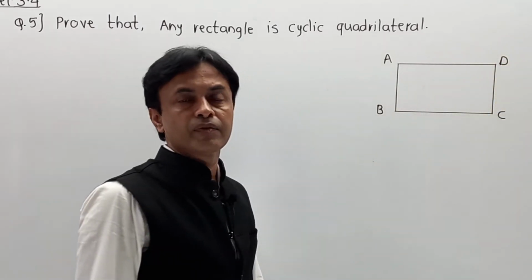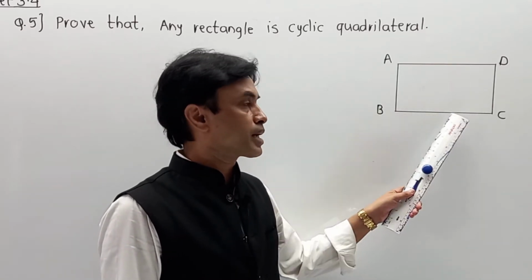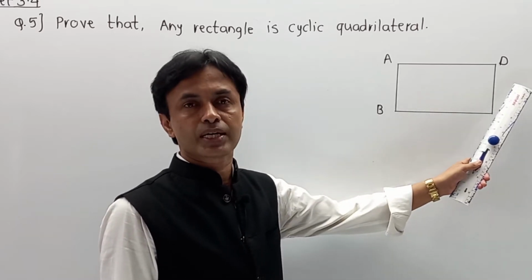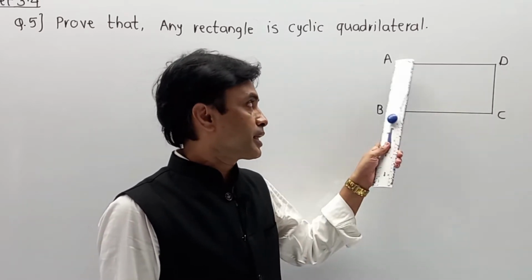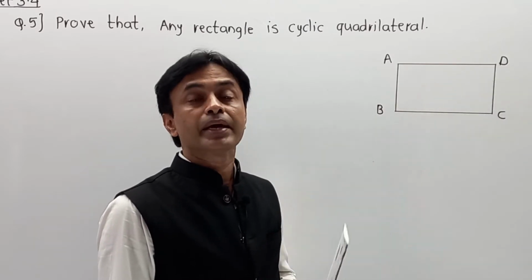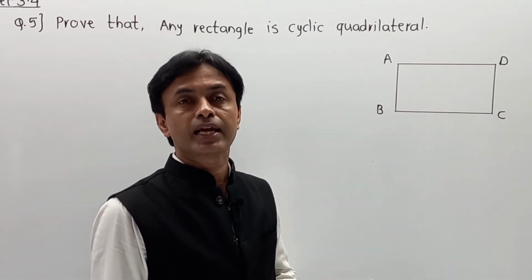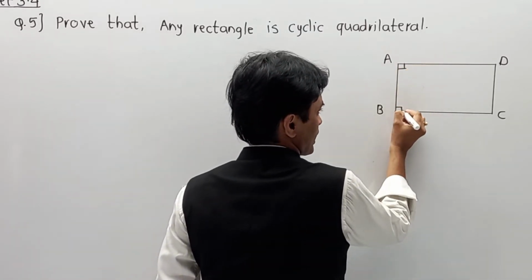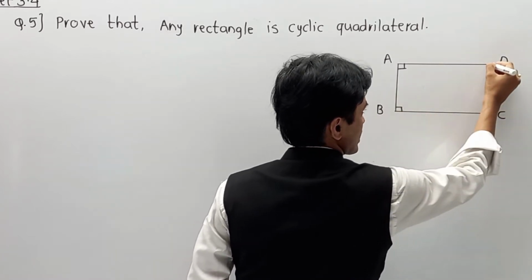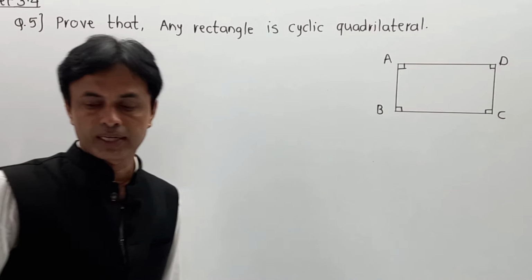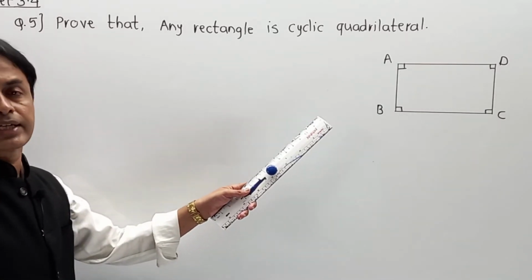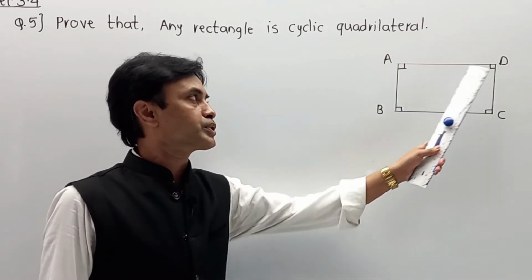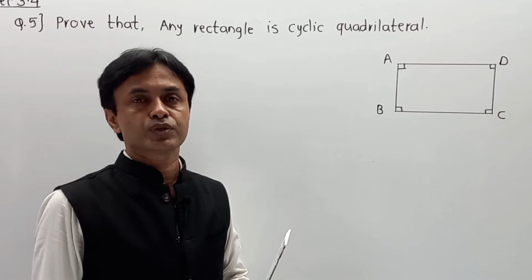Now if it is a rectangle, we have three types of properties. First, its opposite sides are parallel and opposite sides are congruent. Its diagonals bisect each other. And the main part required here: in a rectangle every angle is 90 degrees. Logically, if it is a rectangle, then angle A, angle B, angle C as well as angle D are all 90 degrees. Now if all angles are 90 degrees, the addition of opposite angles is 180, and now we are using it.